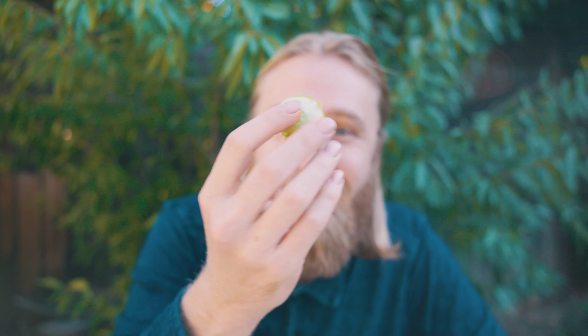These are tomatillos, and these weird, beautiful little fruits make one of the most delicious salsas known to man, salsa verde. And I'm just gonna come out and say it. If you've never grown tomatillos, well, it's time to fix that, because these things are basically like an easier to